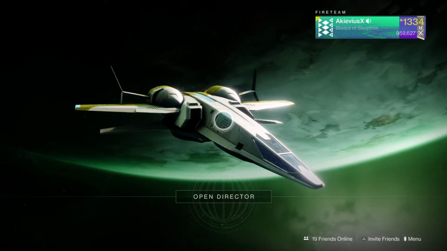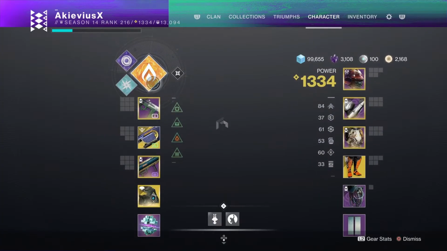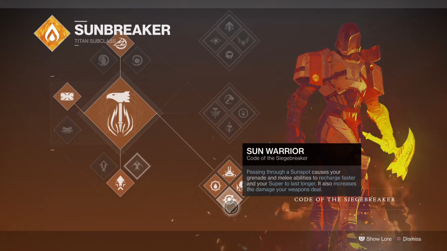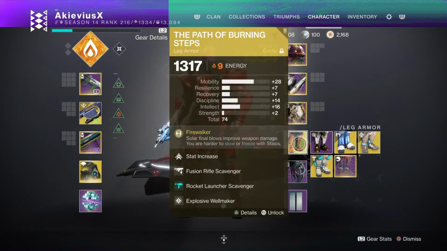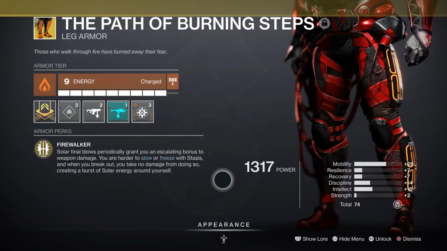Today I have another really exciting Destiny 2 video, once again on my Titan character. As you can see, I am on the solar subclass Sunbreaker here. I'm going to go to the bottom tree here for that. Sun Warrior is going to be the main thing you're going to be proccing here today, guys. You are going to be accentuating this solar subclass with, you guessed it, the Path of Burning Steps leg exotic armor. So this will proc the Firewalker perk, which grants solar final blows escalating bonuses to weapon damage, and then of course you are harder to slow and freeze with stasis